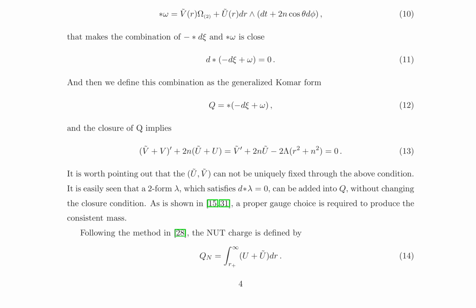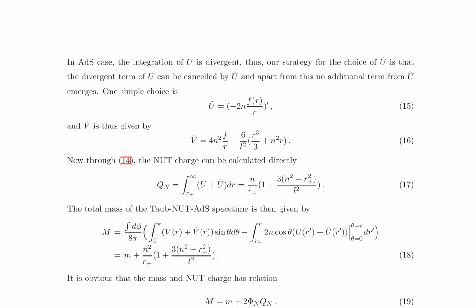Finally, the authors define the nut charge Qn using equation 14, which involves an integral of the u plus u components over the radial coordinate. This method provides a way to calculate the nut charge and total mass of the Taub-NUT-AdS spacetime, addressing the previously unclear definitions. The integration of u is divergent in the AdS case, requiring a specific choice for u to cancel